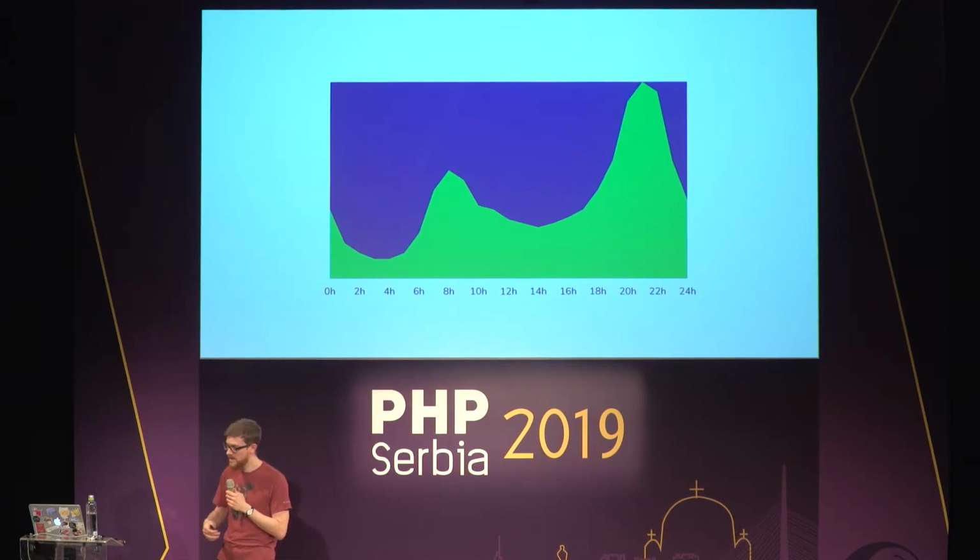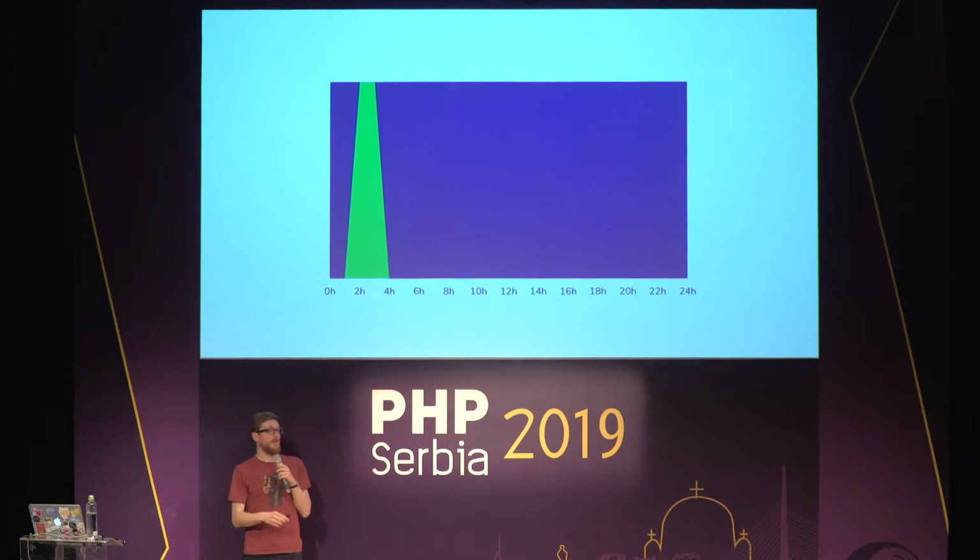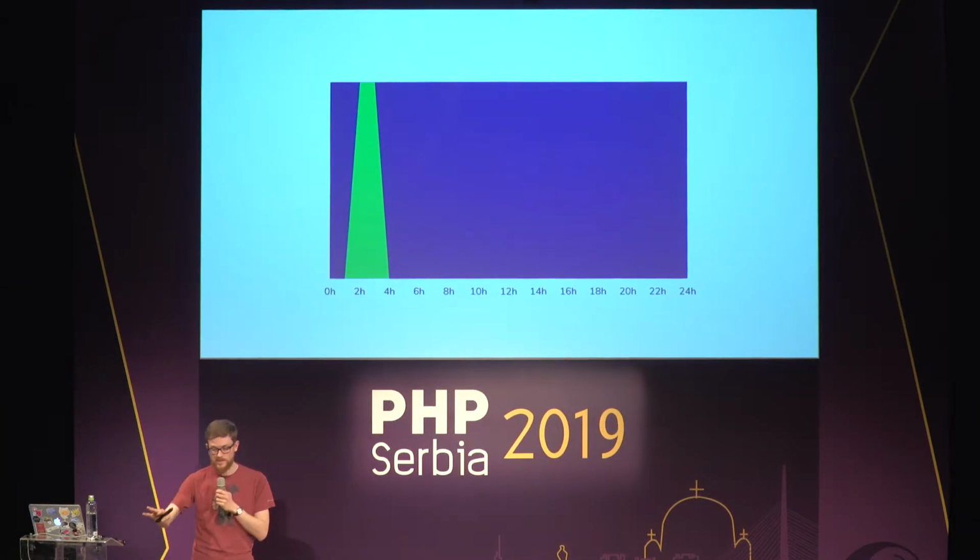Now, it's easily said. Sometimes, it depends. It gets really interesting when you have variable loads and you have a lot of blue. There are also some scenarios where you have a lot of blue, like workers or batch processes that are really important that we put on a whole web server and that run during the night just for 1 or 2 hours. For them, we pay a whole server during the whole day. There's a lot of blue, a lot of money to be saved.